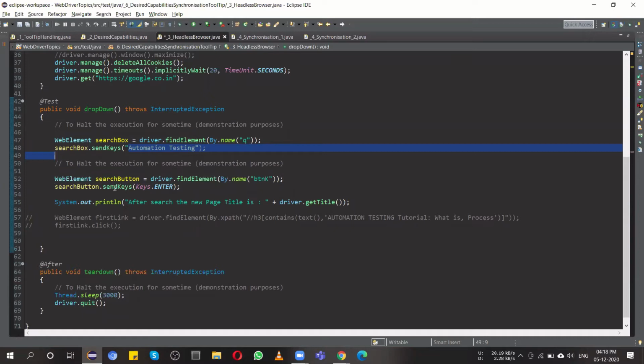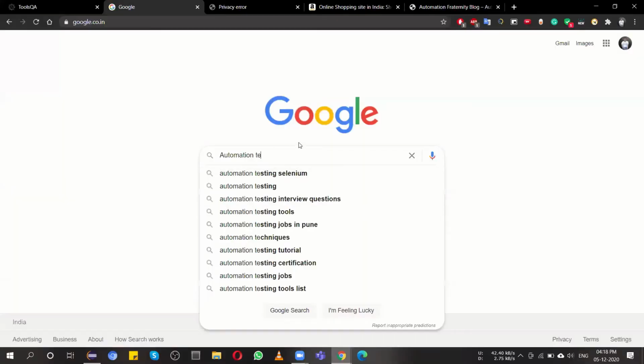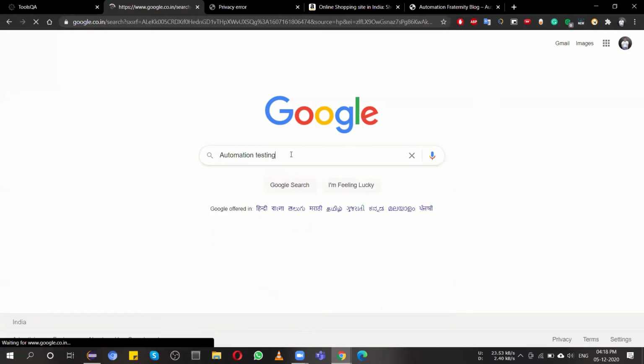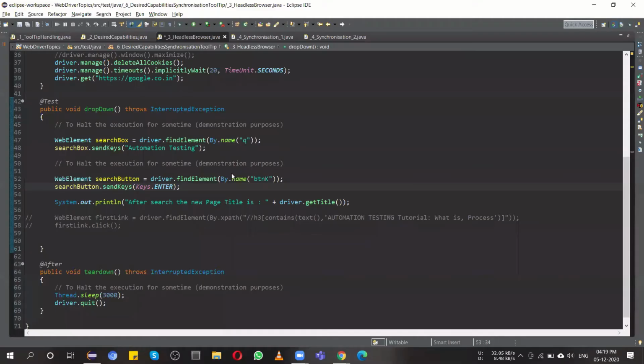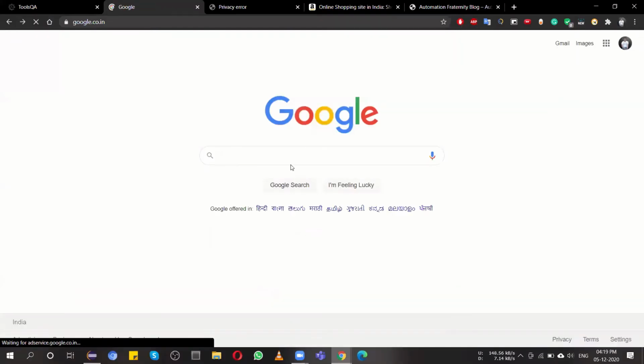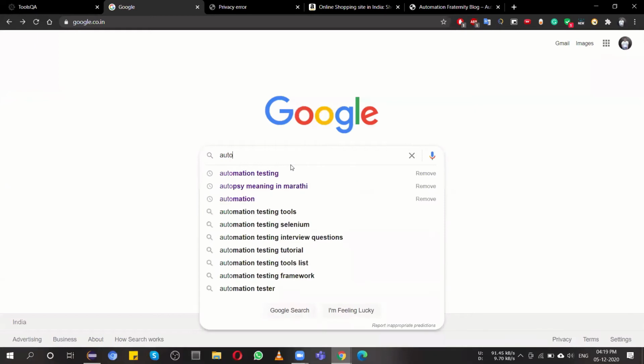If you try to find out how sendKeys with Enter works: what you do manually is type automation testing and press enter. So just the same thing via automation, not clicking over here, I'm just hitting enter after this.